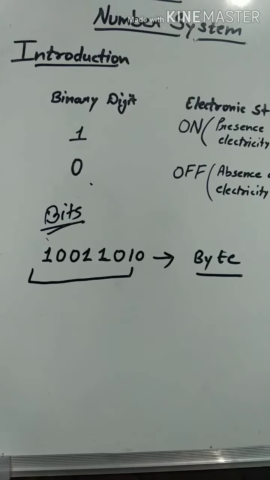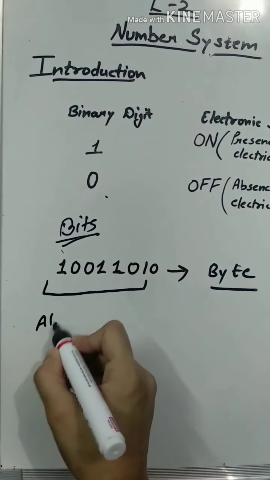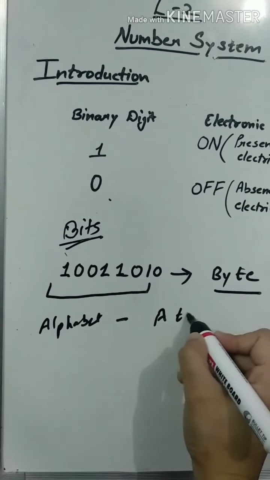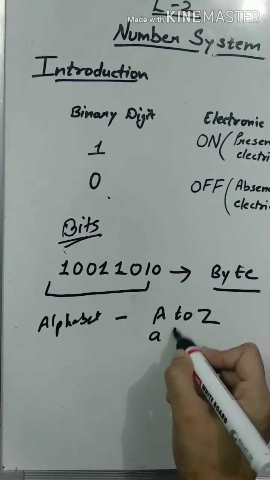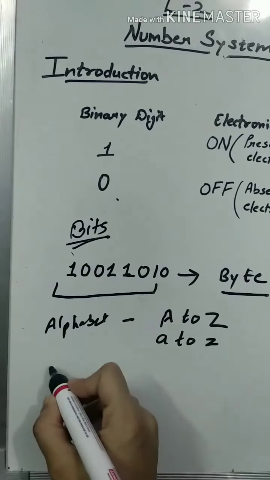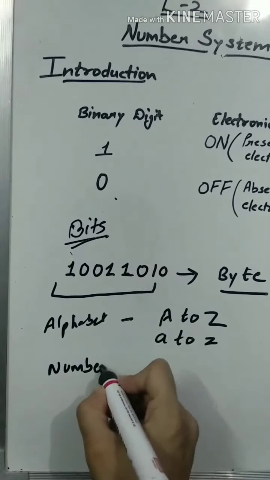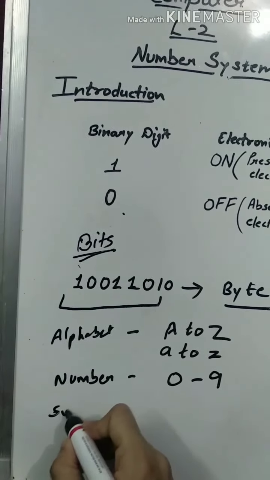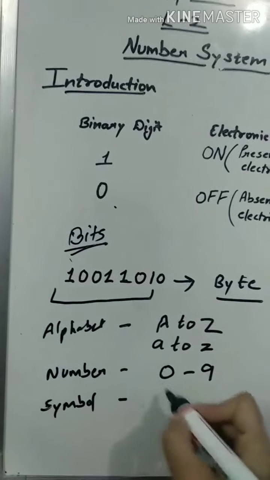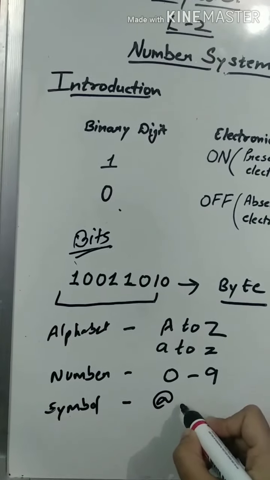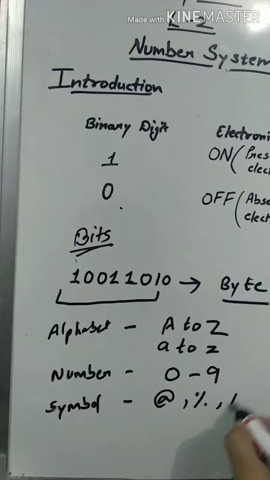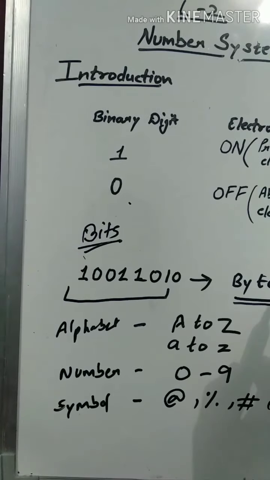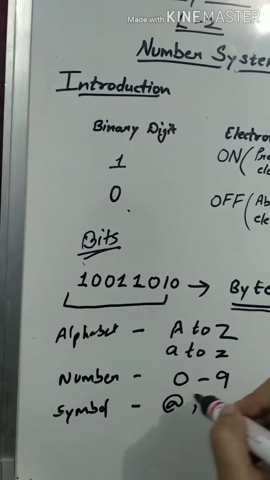Which type of individual character? Like your alphabets. Alphabets means any of the alphabets, like capital A to Z or small a to z. Any number like 0 to 9. Any symbol, like @, percentage, hash, etc. So this byte represents these individual characters,